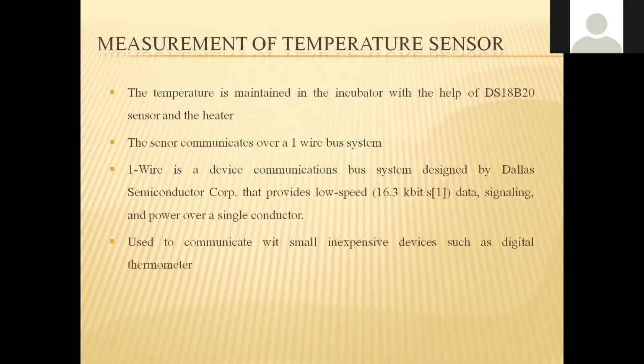Okay, fine. But are any negative temperatures required to be maintained within that incubator? It's not required for us, sir. See, my suggestion is, if you choose a negative to positive range, then the temperature sensor will be costlier for you. Better, your range is above 0 degrees Celsius, isn't it? 37. So 0 to 100 you can buy. If you go for the negative temperature sensing range, it will be costlier for you. That would not be economical for your project.